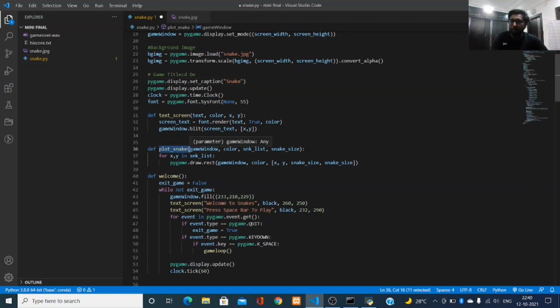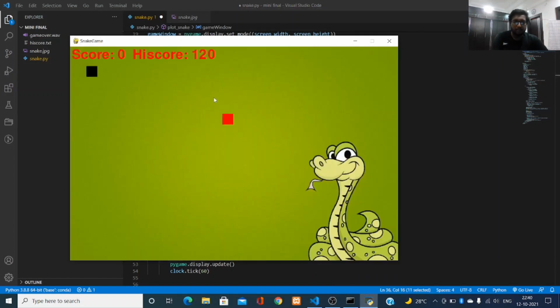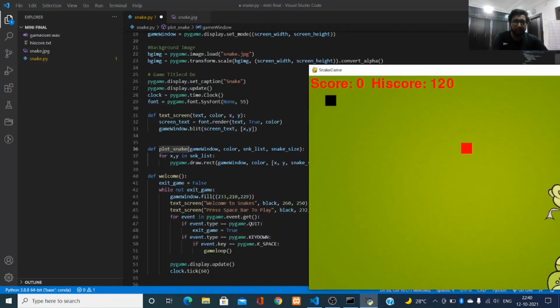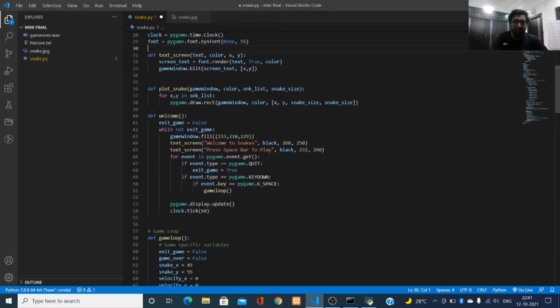I have created the plot snake function which will create the rectangle. This type of rectangle will be created by the plot snake function which size is 1. Next function is a welcome function. Then we have given the exit game equal to false.